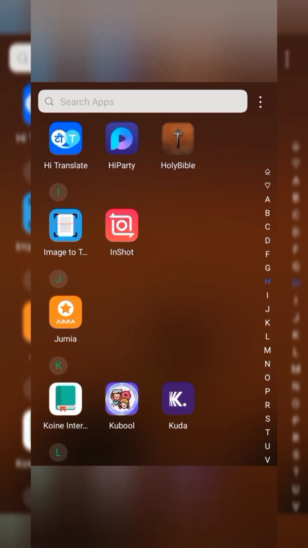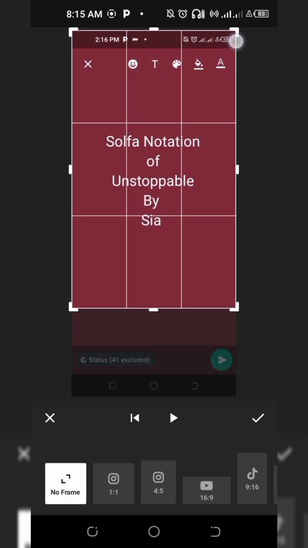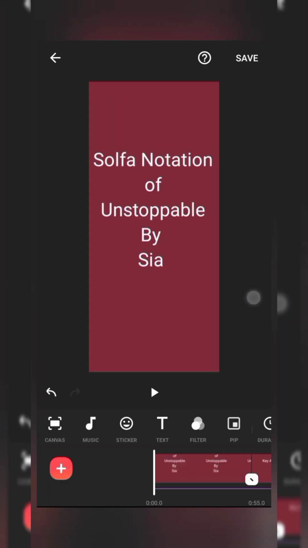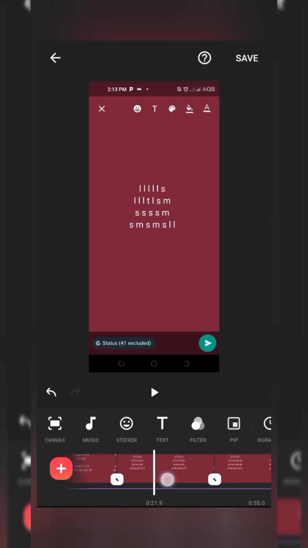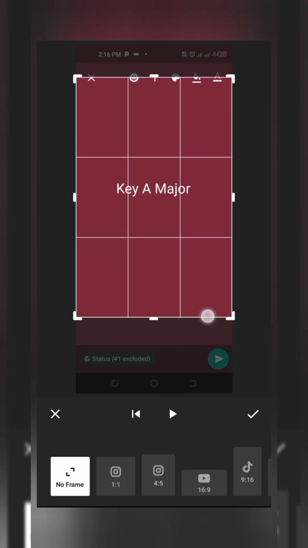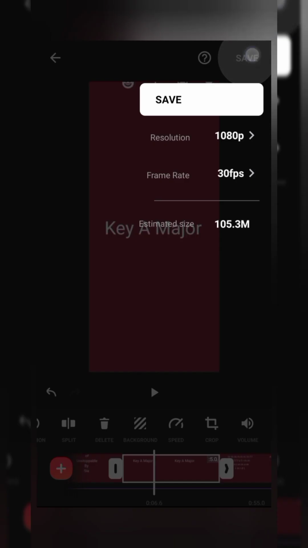I will go to the InShot app. When I go to the InShot app, I will press the video, creating a video. Then I will select the pictures, then crop it, edit it, then add the sound recording. After I add the sound recording, I'll make sure that the song that I've sung synchronizes with the pictures. So this is the comprehensive process of how I create it. Then after making sure that it's synchronized with the pictures showing on the screen, I will then save it and